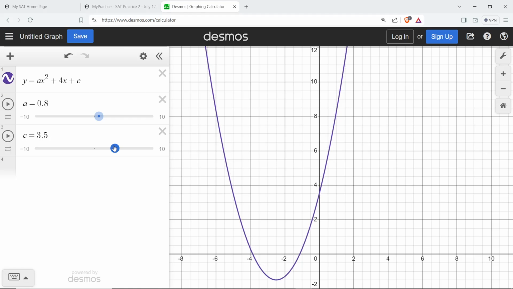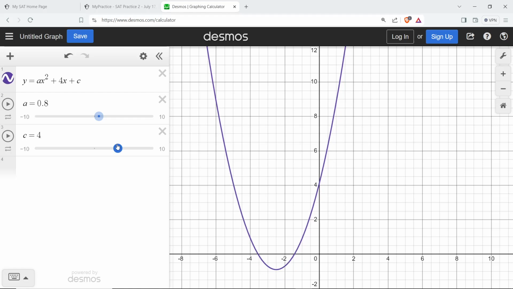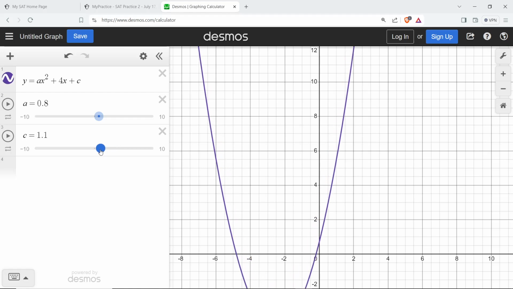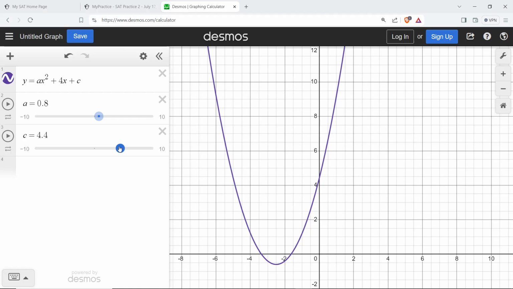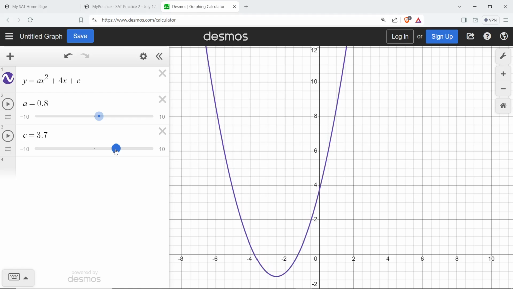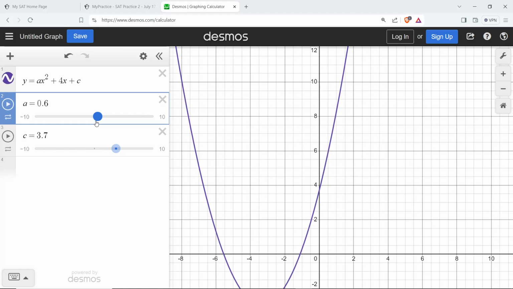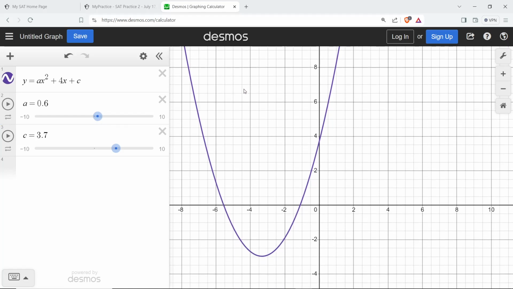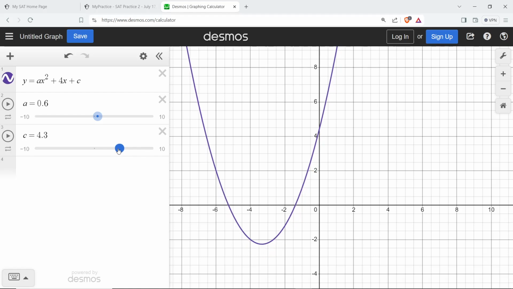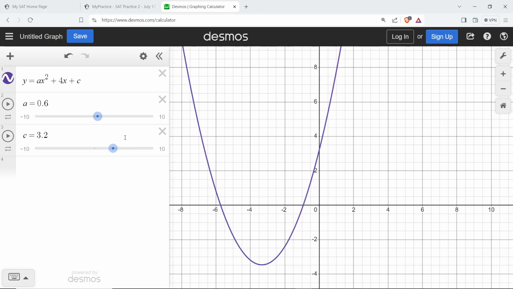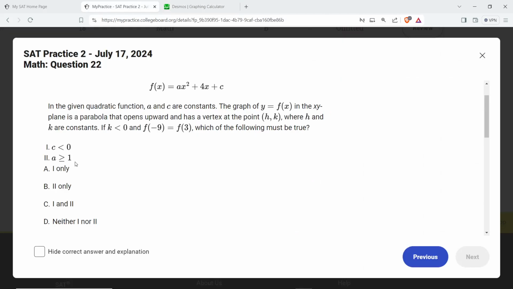This will make it thinner and thicker. I don't think I'm going to get to the exact value here. However, what I'm going to do is get to a value that makes me realize that it's possible in these ranges. So where a is about 0.6 and c can be a little bit bigger than 0, and that's enough to realize that 1, c is